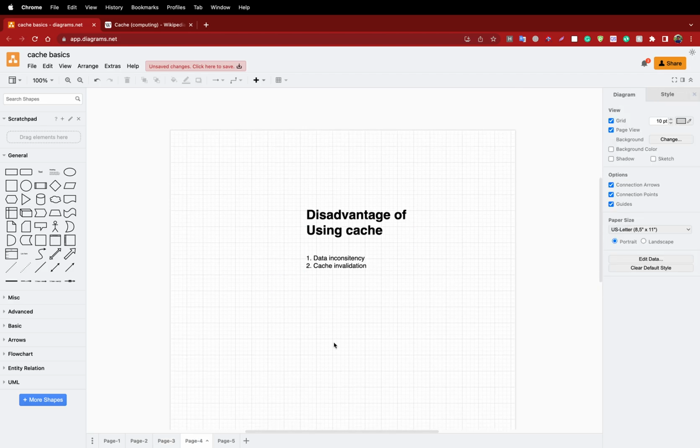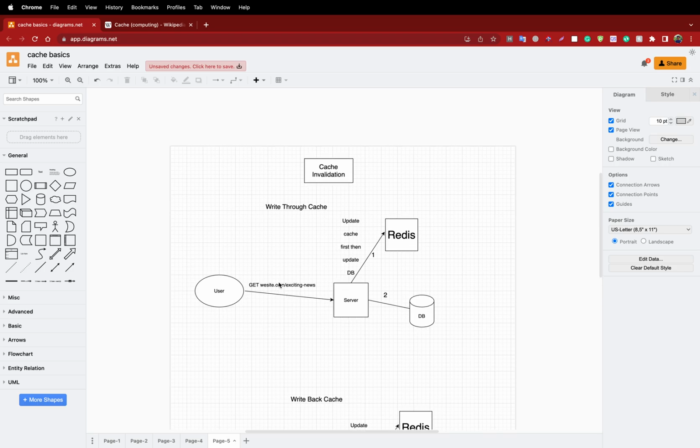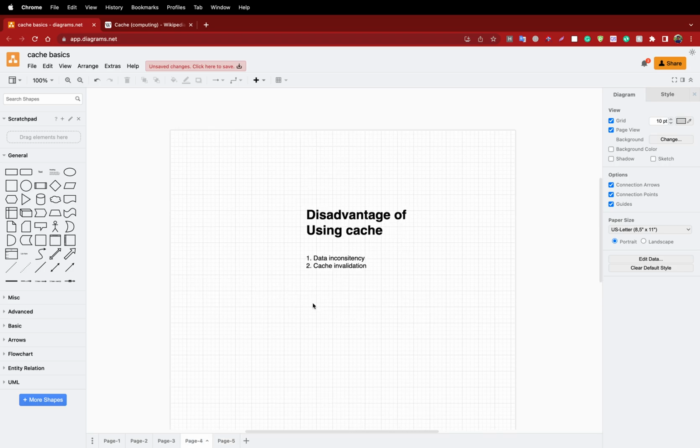Okay, what is the disadvantage of cache? Okay, before that, this one comes after this. So the main disadvantage of cache is the data inconsistency. First I think we have to talk a bit about what is data inconsistency. Data inconsistency is when you query your system for some data, and the system gives you some result, but the result is not the most updated one. For example, maybe for the newspaper app, you publish the newspaper and it is cached,